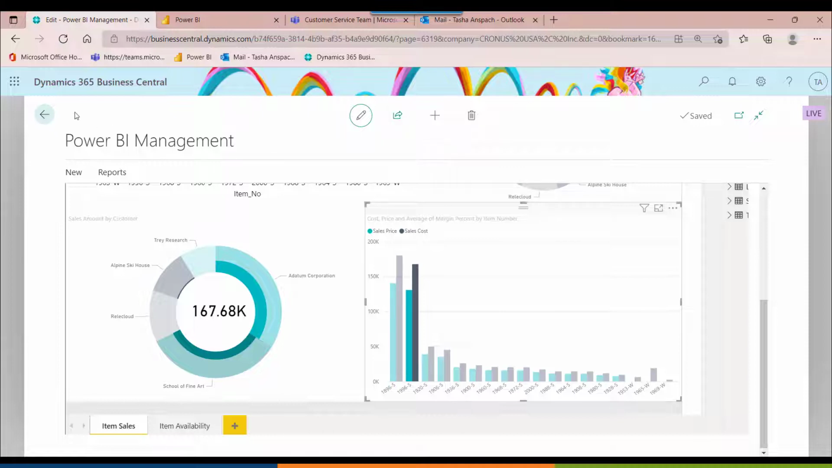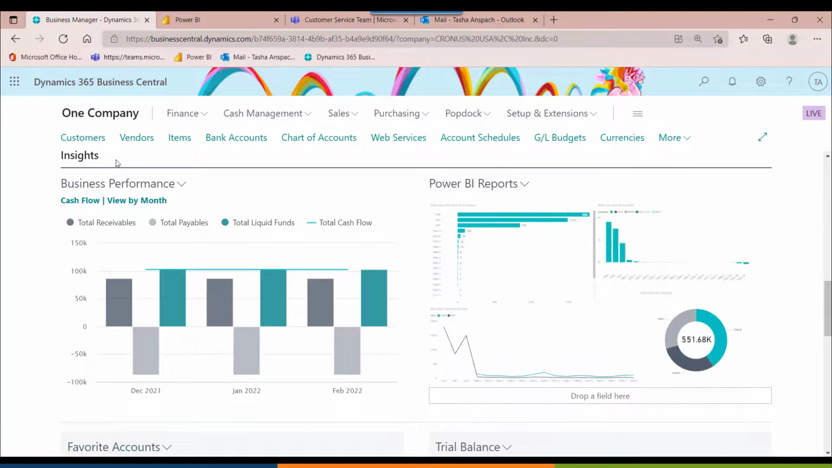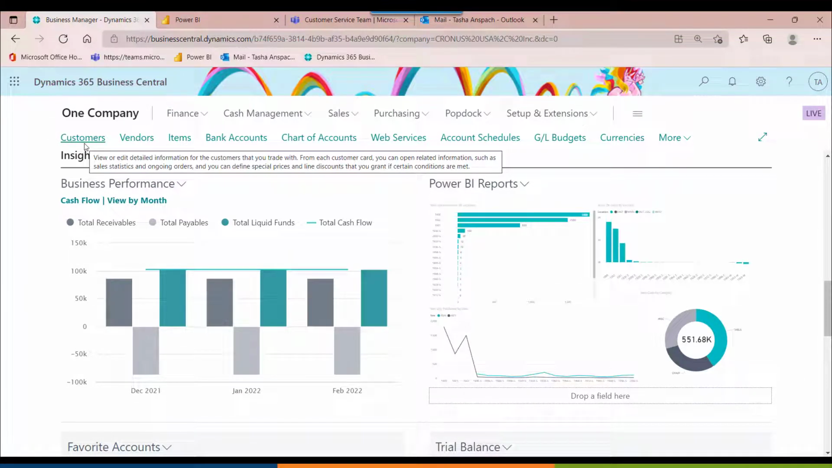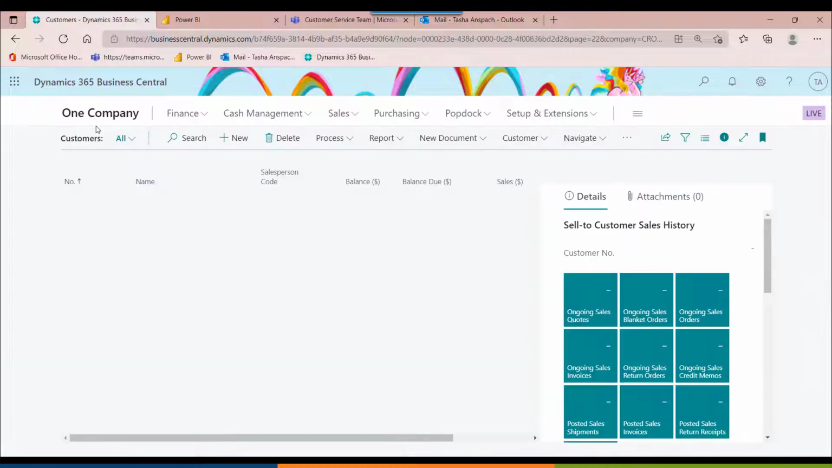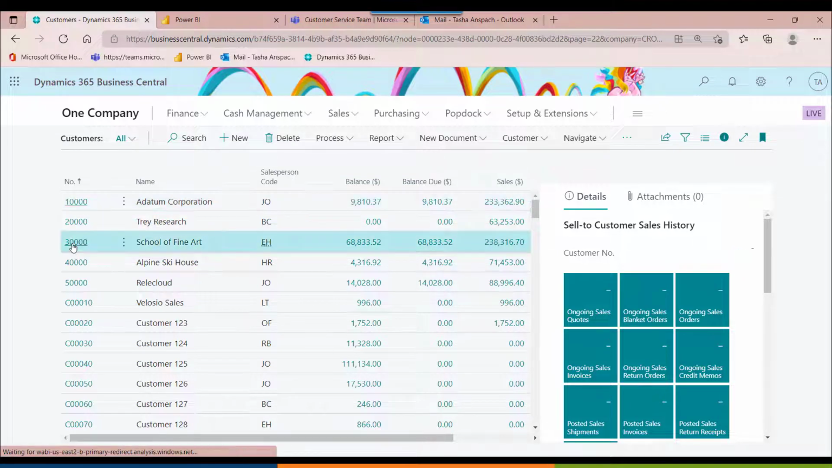Other than having your reports right here on the dashboard, for when you log in, we also have reports that are going to be on your customer tab. So if we go look at the customer list, we can open up a customer record. So if we look at the School of Fine Art,